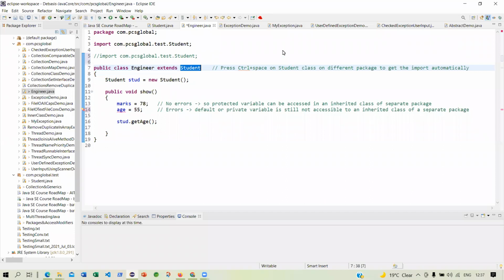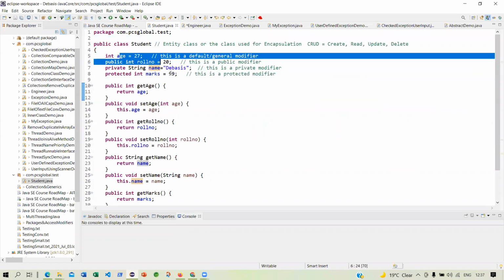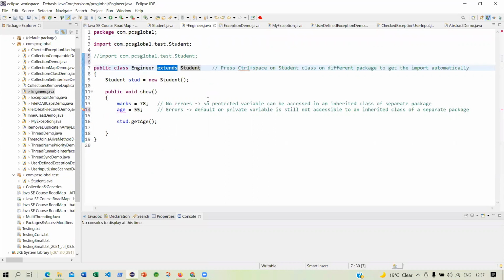Since I have extended the student, I have access to all the data and the methods of student. So these are all the data and these are all the methods. Engineer will have access to all the data and the methods of the student class.